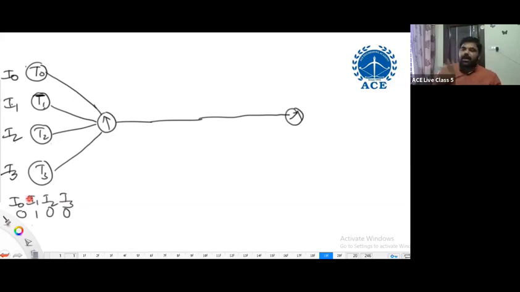Or, considering the possibilities, either T0 or T1 or T2 or T3, only one is enabled at a given instant of time. Understand correctly? Which one is going to transfer the data